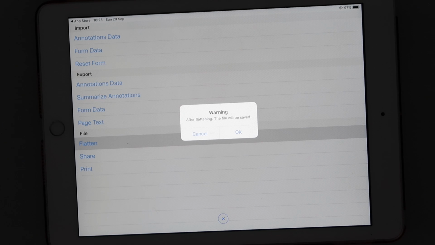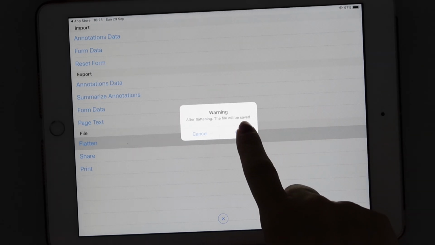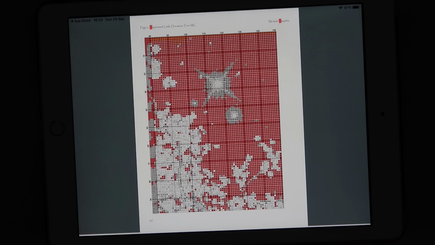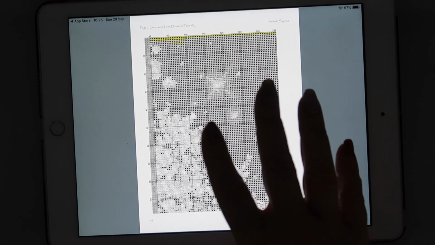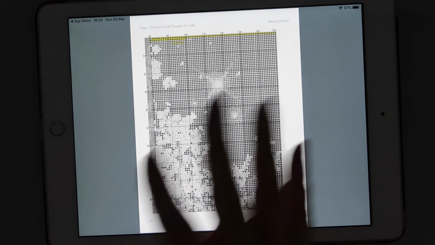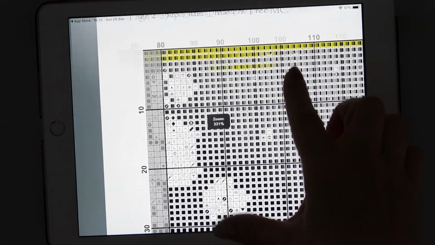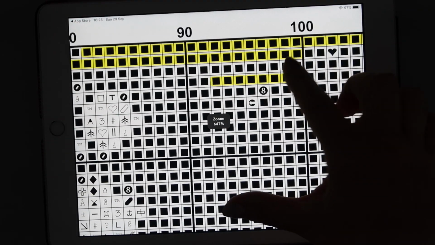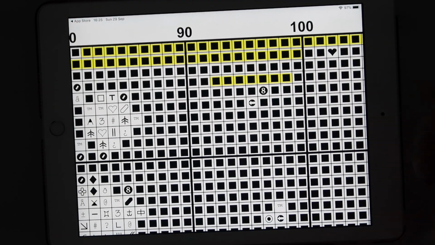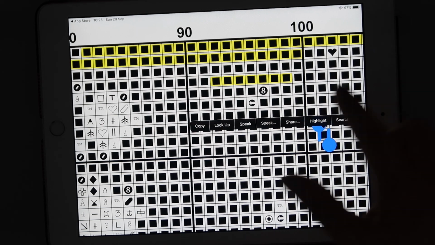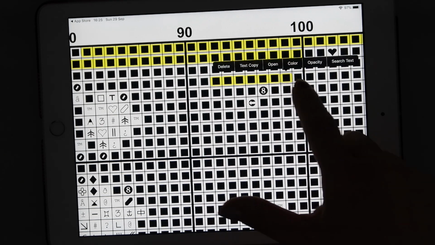You can't undo a step anymore, which is why you need to make sure it's right. But when you hit OK and come off it, that will then take any of your searches, so my search has disappeared, and any of your highlights now you won't be able to change. You'll be able to highlight it again, but it won't make any difference. But it does mean that you'll be able to tap